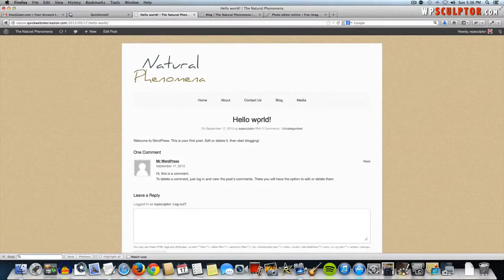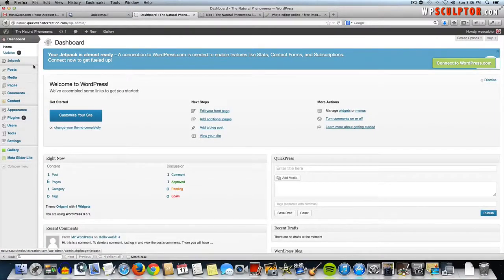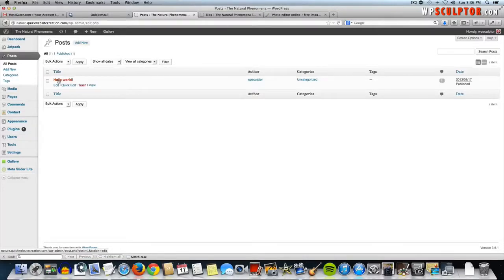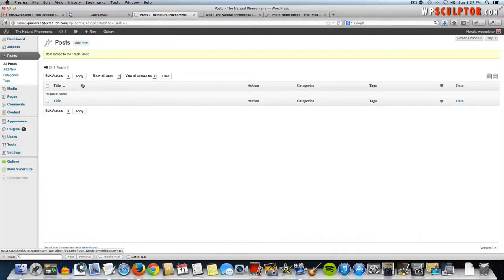But first, let's remove this sample post and create our own blog posts. And we'll go back to the back end of our WordPress site. And instead of going to pages, now we're going to go to posts, and then we're going to click on all posts, and that's going to show the only post we have, which is the sample post. We're going to hover over that and click on trash, just like we did to delete our sample page. Alright, and now we're going to add our new blog post by going to posts, add new,